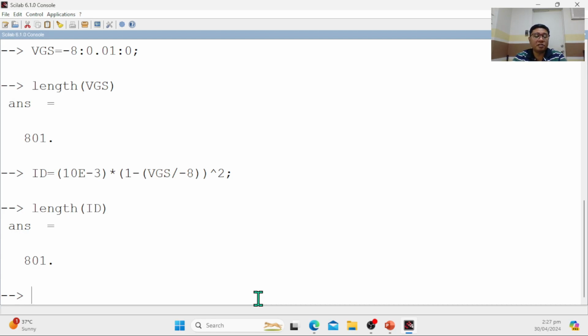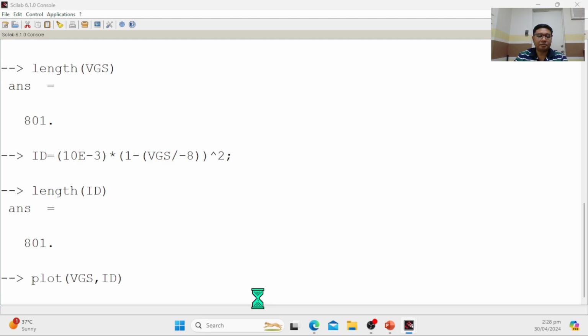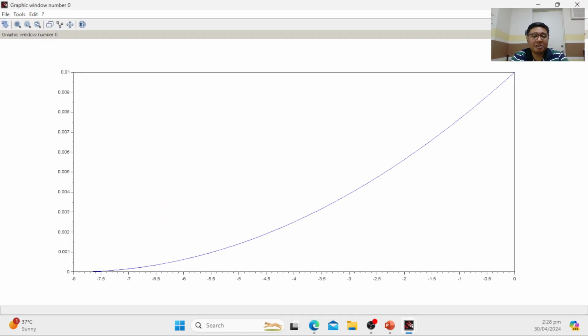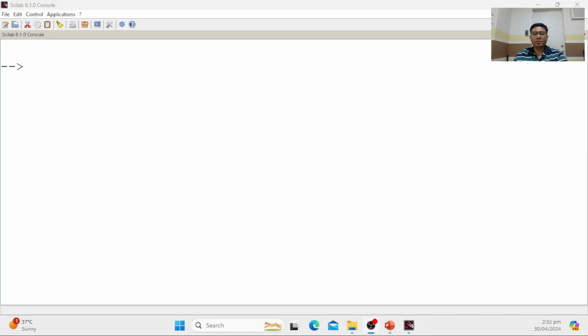That's why the levels of ID are controlled by the levels of VGS. Typing the equation for plot, we have plot x-axis is VGS and then y-axis is ID. Press enter. This is the JFET characteristic curve defined by Shockley's equation.